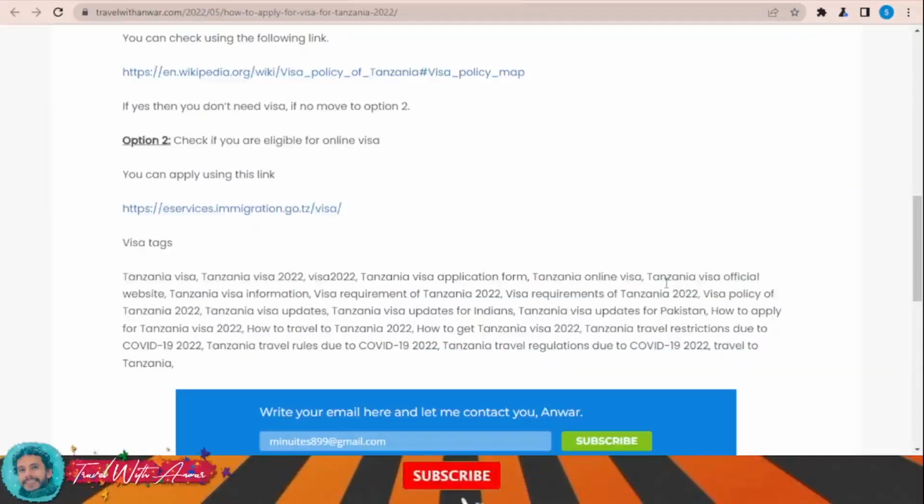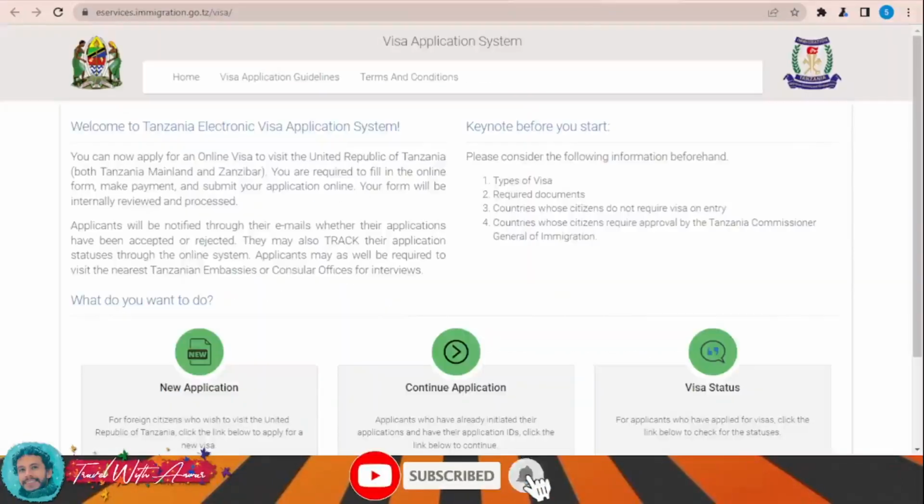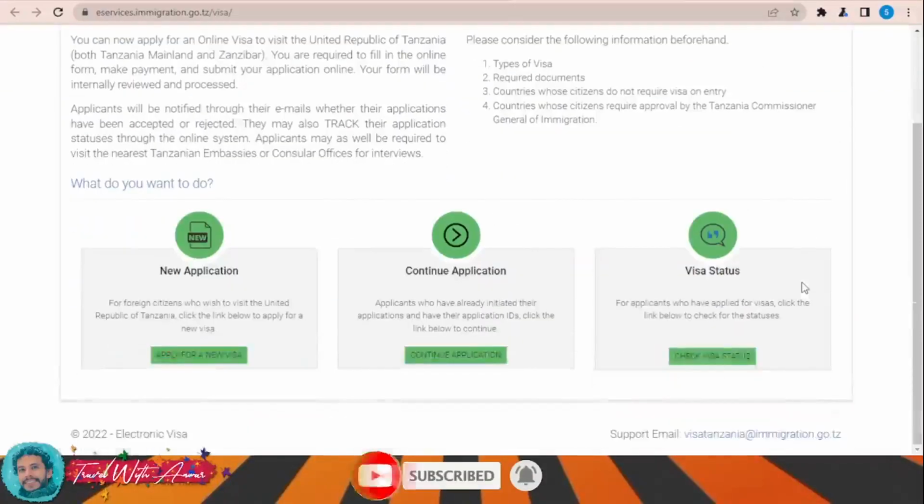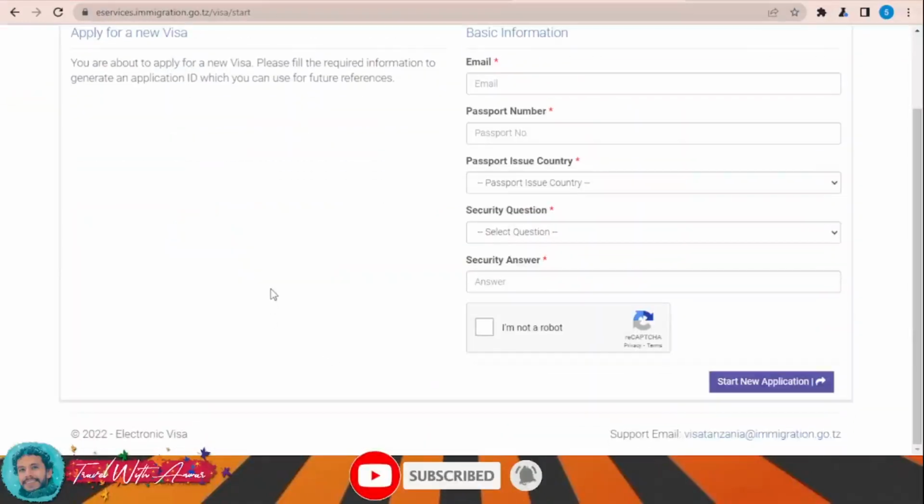If you are eligible to apply for online visa for Tanzania, you can do it through this website. Just click over this link, eservice.immigration.go.tz/visa/, and once you click over it, this website will appear in front of you, and this is the official website that you can use to apply for the e-visa for Tanzania. So in order to apply for the e-visa for Tanzania, click here over apply for a new visa, and here